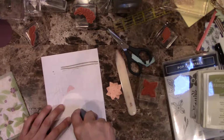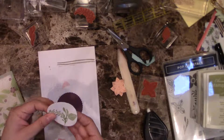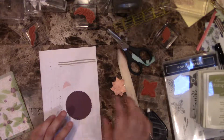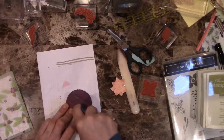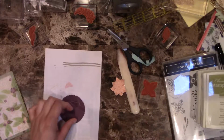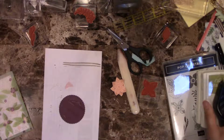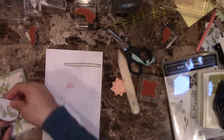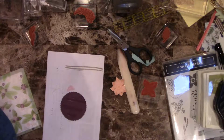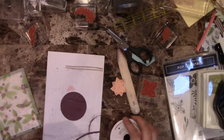to our scallop circle. And then I'm going to go ahead and glue, but before I do that, let me just make sure I have this. I should probably, yeah, let's do something else here. I have the fresh fig. Let me just take this one. I have the fresh fig